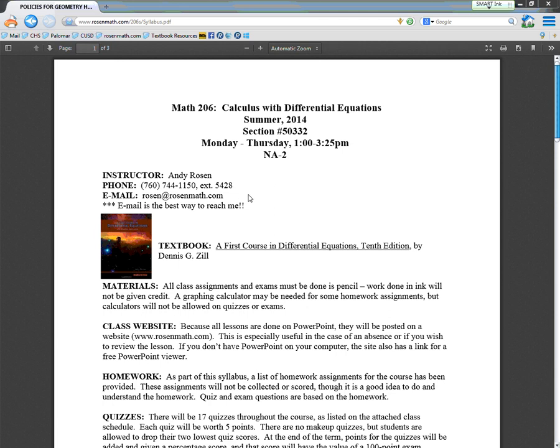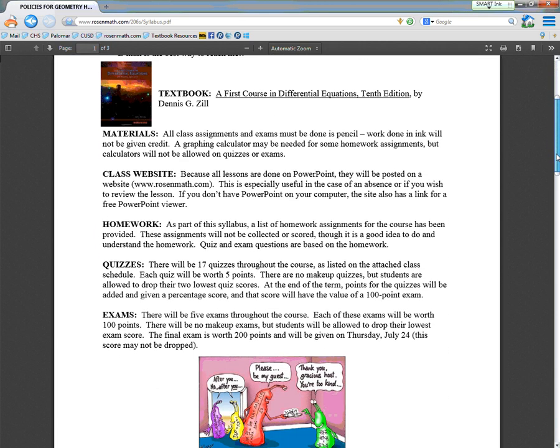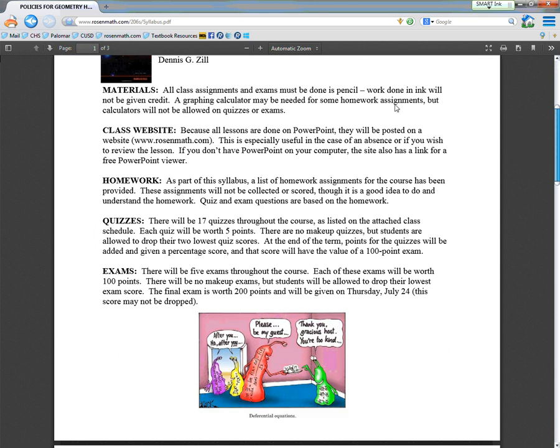So definitely use that to get a hold of me. You see a picture of the textbook right here, including the name. We'll go through a little bit of this just real briefly. All assignments should be done in pencil, don't work in ink. On the homework, you may need a graphing calculator for a few problems. However, all tests and quizzes are going to be non-calculator, so you will not need a calculator to do anything